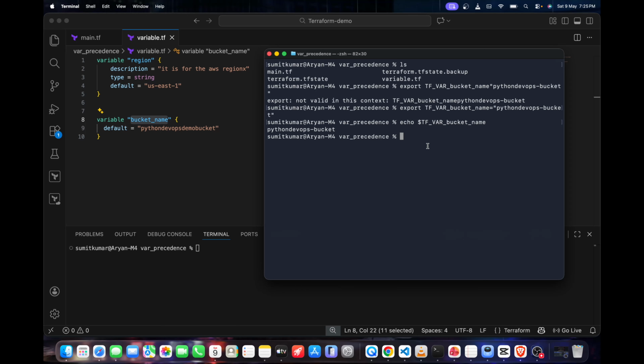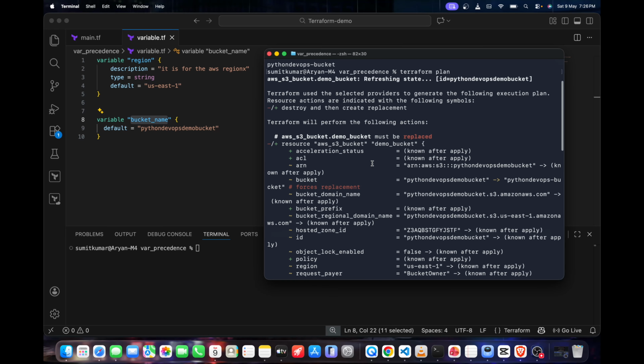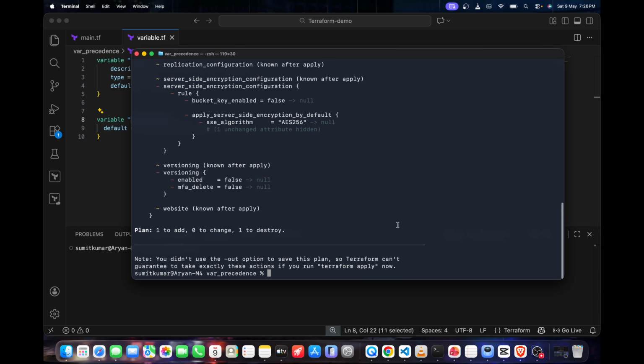Now we have to run Terraform itself. Terraform plan. It is refreshing the state because we made some changes. Okay, it's going to delete everything and create to force replacement. You can check here, Python DevOps 2. Let me increase the size of the CLI itself. Python DevOps bucket. So that's how we can use export, which means precedence 2, just TF underscore